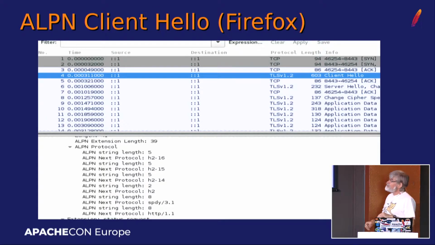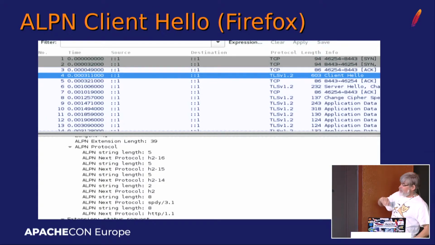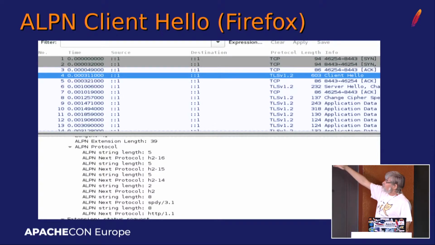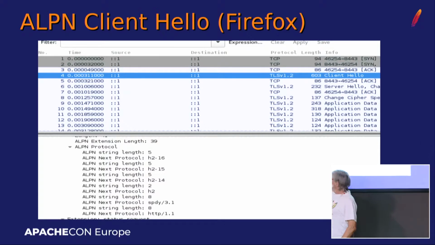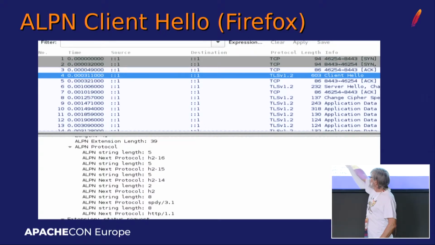So basically, this is my Firefox making a request, and this is a Wireshark capture of the connection. It's not a very recent one because it's using TLS 1.2. You can see that you have a client Hello, which is going to be answered by a server Hello, and this is the detail of the client Hello, and the browser, Firefox, is telling all the H2 it is able to do. These are the different variants of the protocol. This is the actual one.